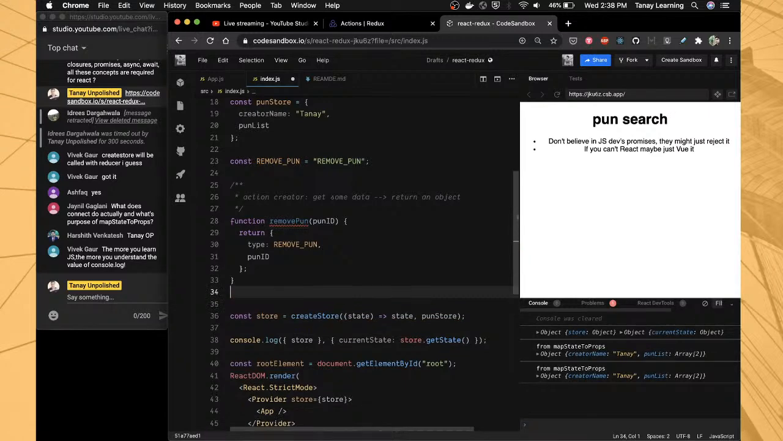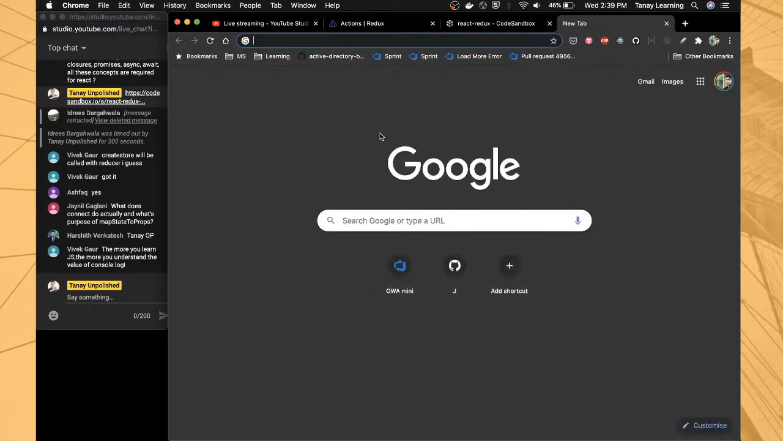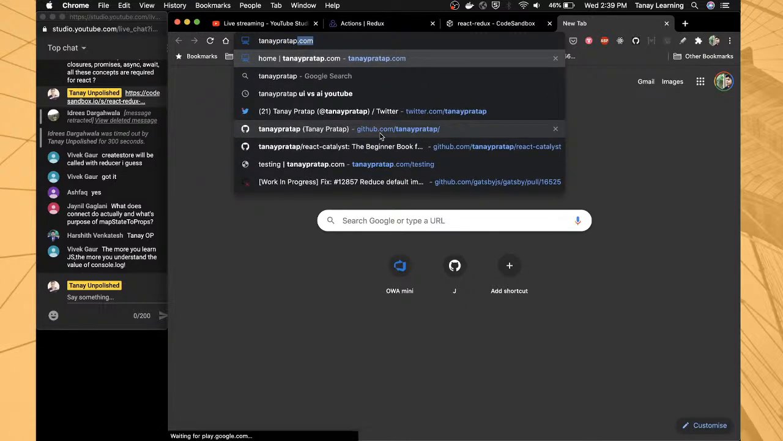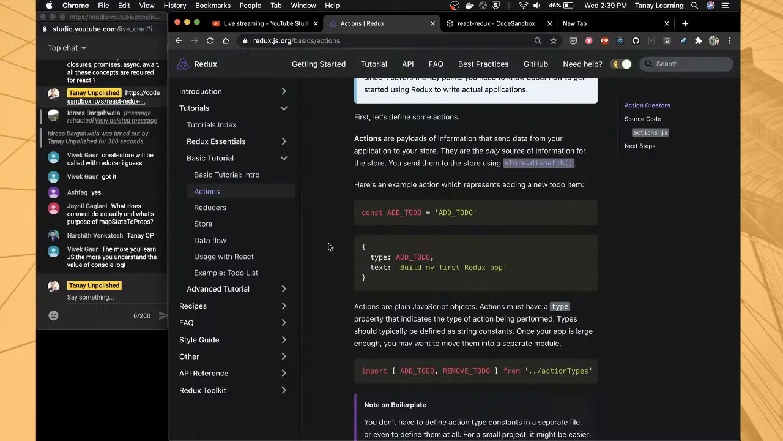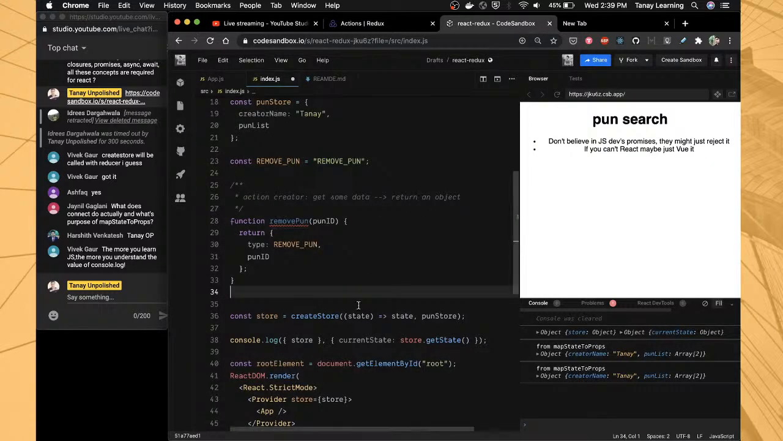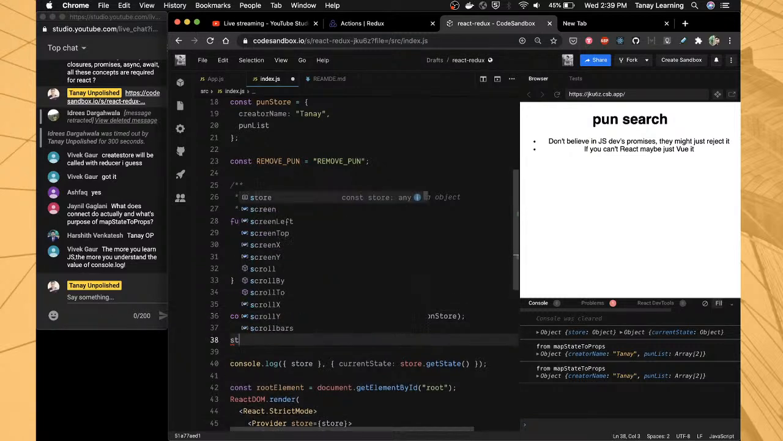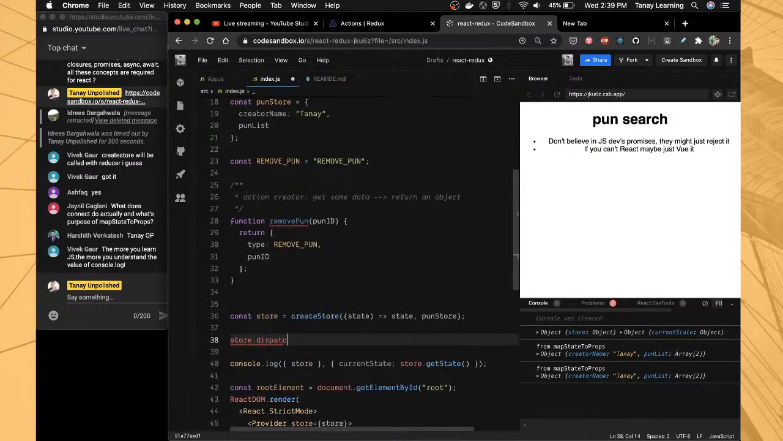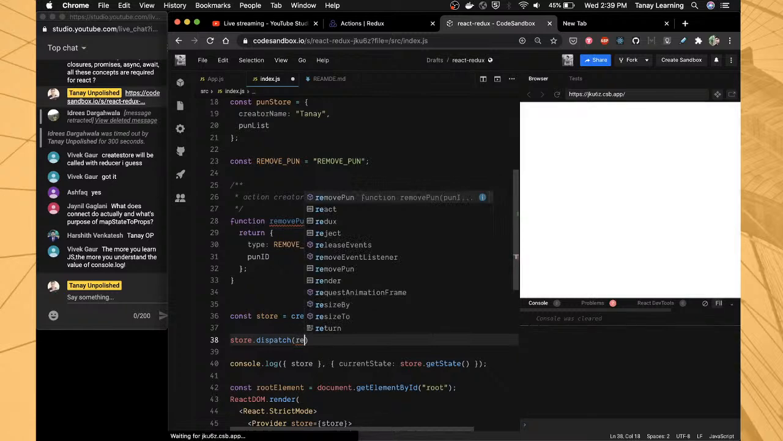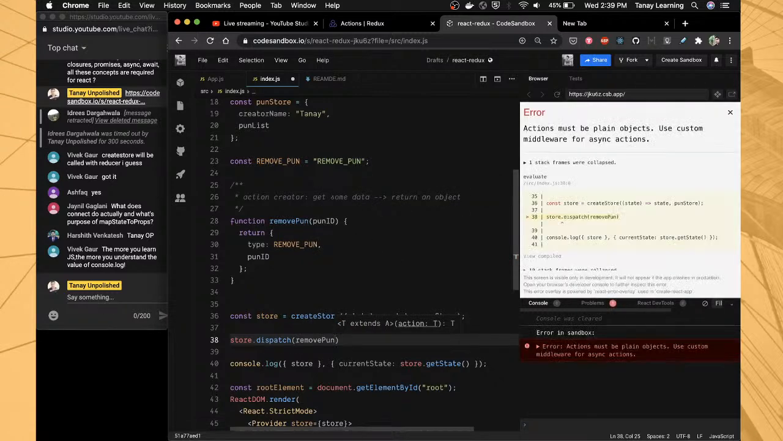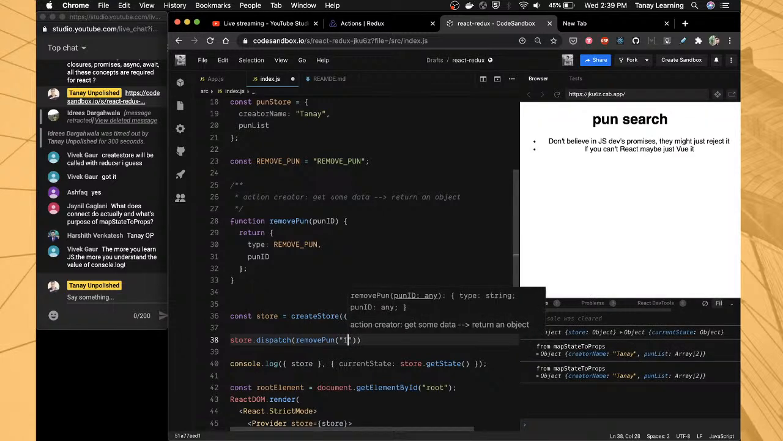No. How do we get dispatch? See my own code. Or let's look in the... I thought you send me to store. Oh, it was not saying because store.dispatch. Why not working? Store.dispatch, remove pun. Actions must return object, remove pun, you give pun id as 1. Cool, nothing happening, but